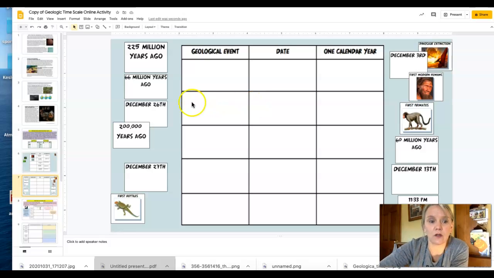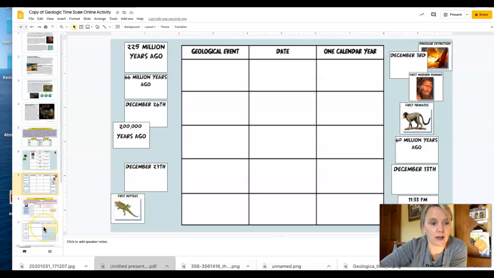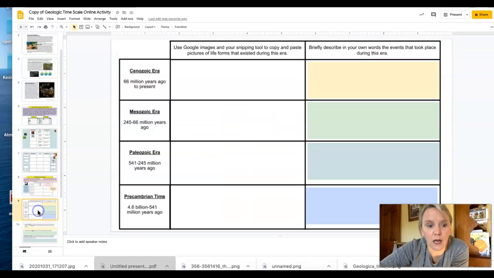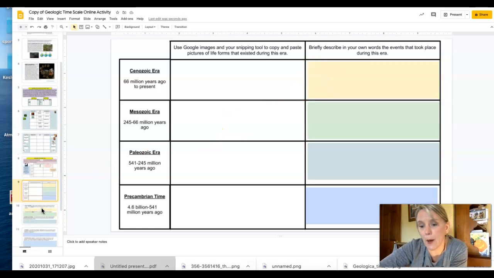And then on Tuesday, we will continue on with slides 8 and 9. 8 is just more instructions. 9 is the part that we will work on Tuesday, and then we will finish up slides 10 and 11. Actually, I think the copy I gave you might not even have this one. I don't know. So we'll do this part on Tuesday, and then we'll finish up with the questions on the last 2 slides on Wednesday.